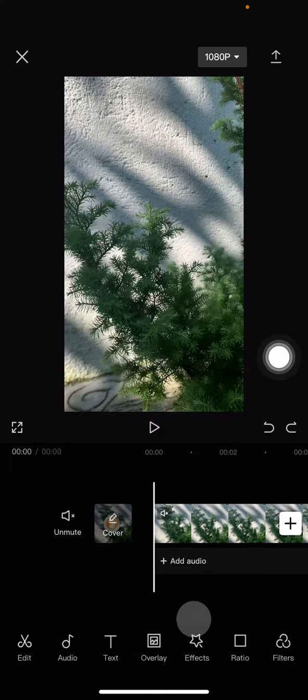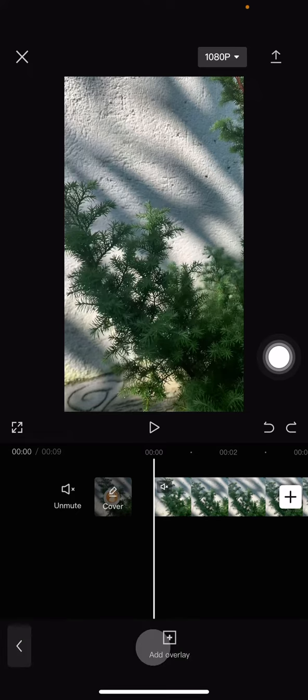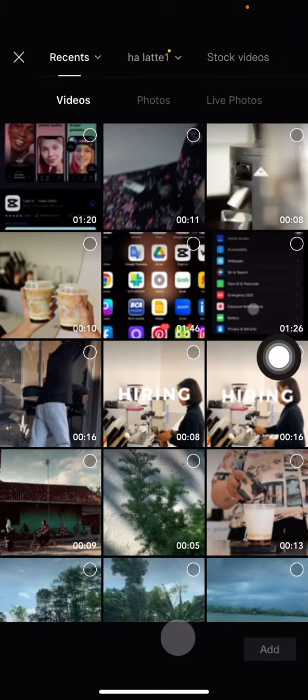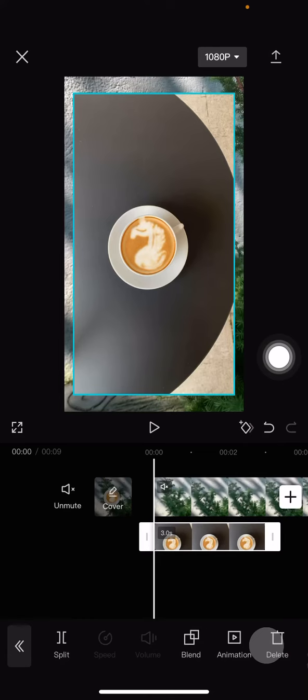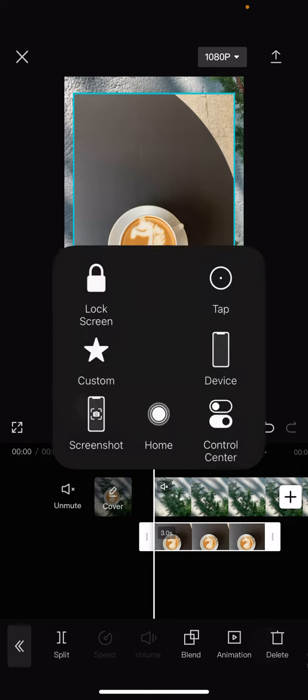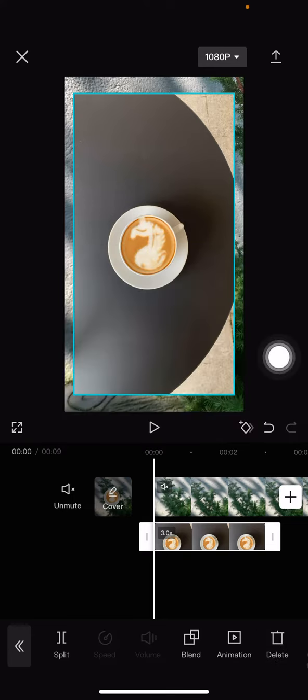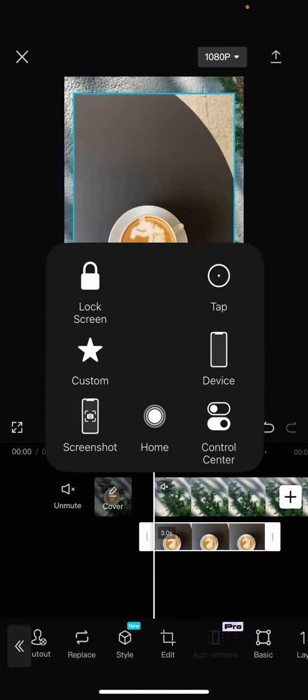So we just need to go into these features on the bottom and choose the overlay option. Click it and then click overlay, and then I want to have a picture on top of the video in my project. Just click photo and choose which photo you want to add as your overlay, and then click add. Okay, now I already have it, and now just resize the picture by doing the editing stuff